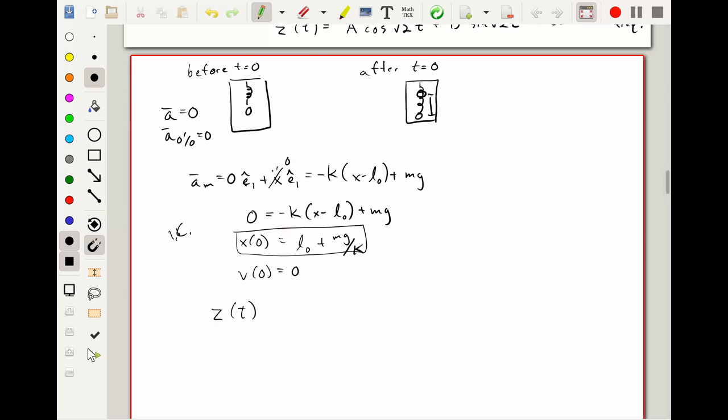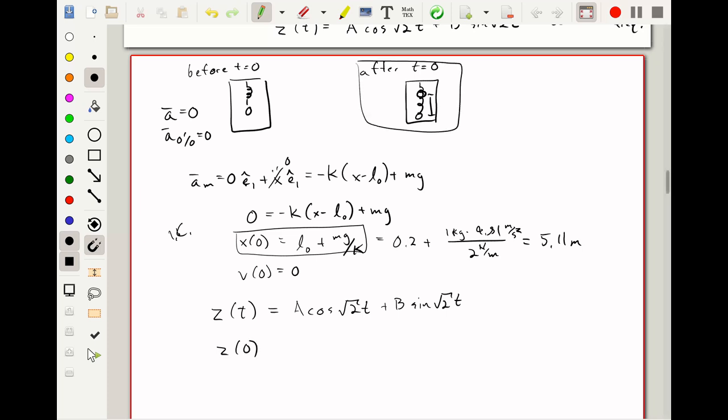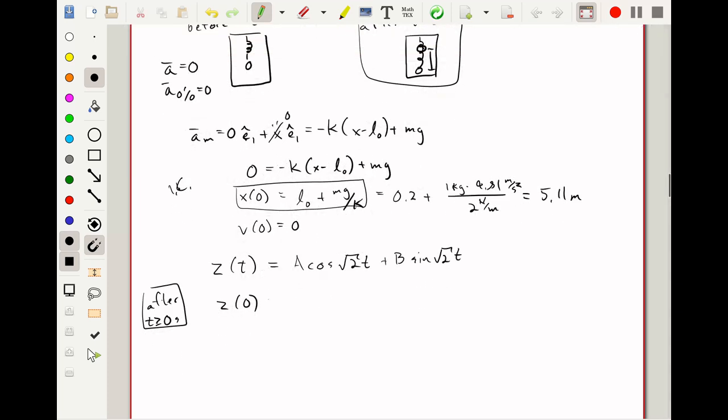Now I can plug this into my equation for z, because I know that it's some a cosine root 2 t, plus b sine root 2 t. And here I'll plug in these values. This is 0.2 plus 1 kilogram times 9.81 meter per second squared all over 2 Newton per meter, or 5.11 meters. So z at 0, now we're over here at after, so when t is more than or equal to 0, this is equal to 5.11 minus L0, which is equal to 4.91 meters,